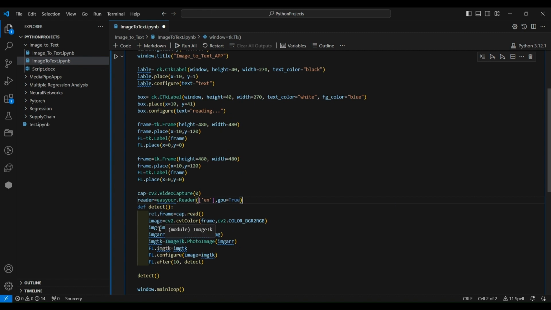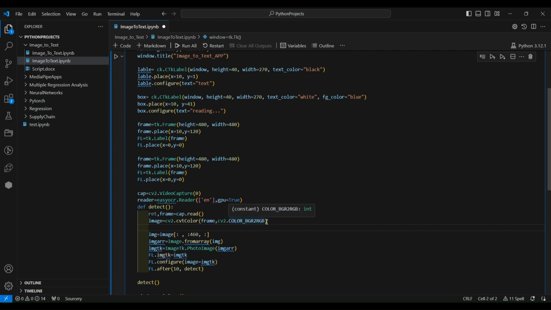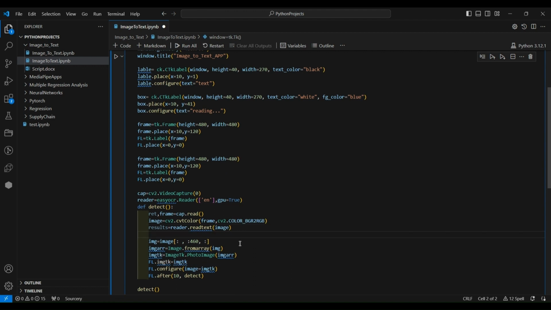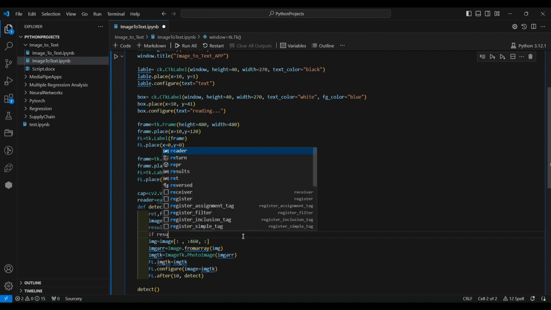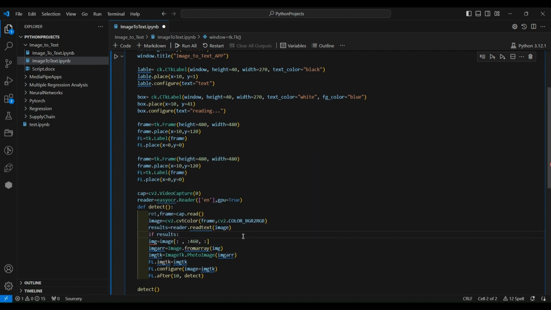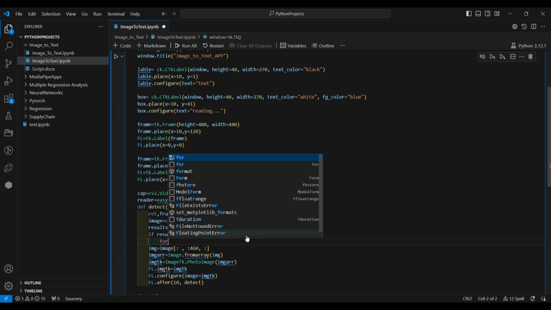And then we need to go here. After taking the image, we call the library and pass the image to start extracting text. So we go here, after taking our image, we say results equals reader.readtext, and then we pass our image. We are expecting results, but we are not sure if maybe the image doesn't have any text. So in this case, we will say if results, if there are results, then we will loop through the results,